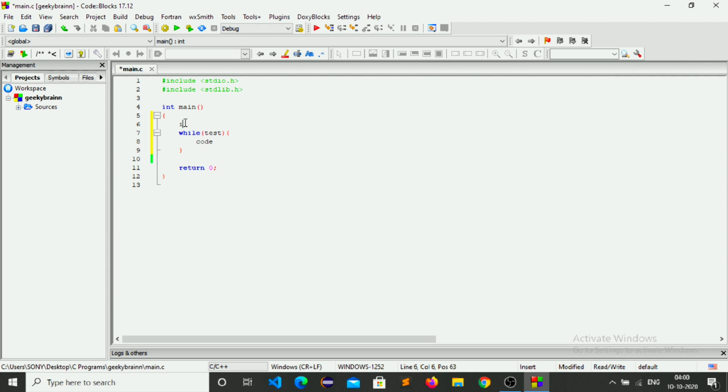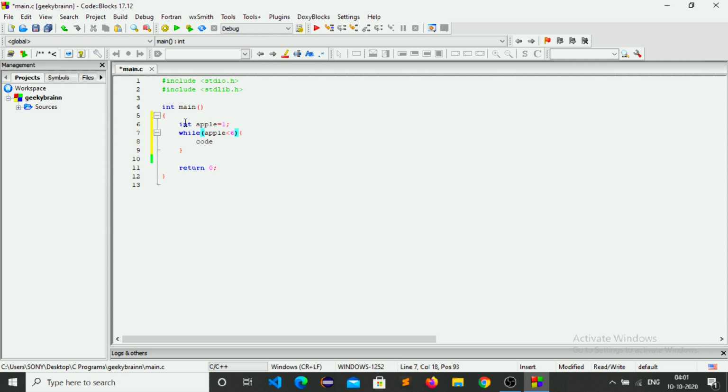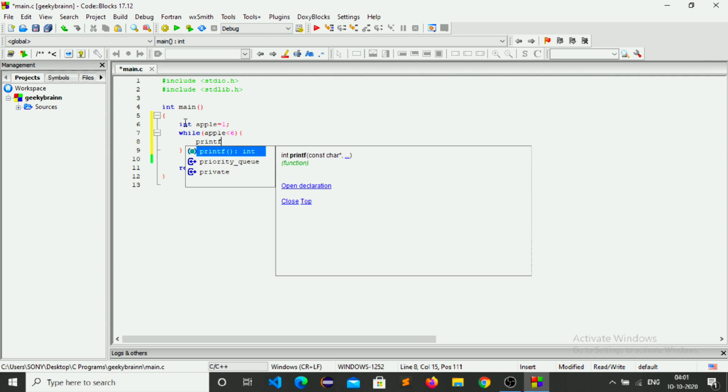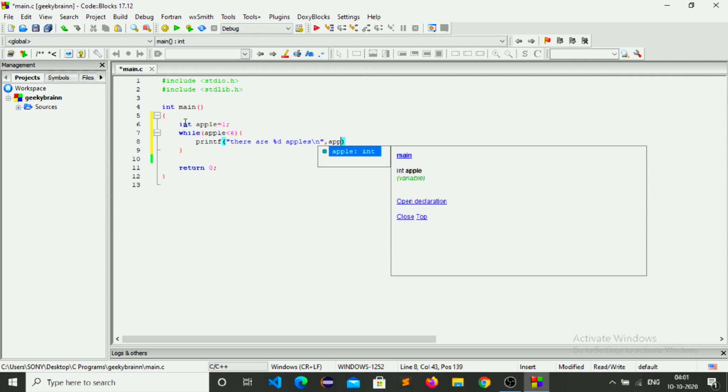I'll take a variable int apple which is equal to 1, and in the test I'll write apple is less than 6, and in the code, if it is true, I'll print: printf("there are %d apples\n", apple);